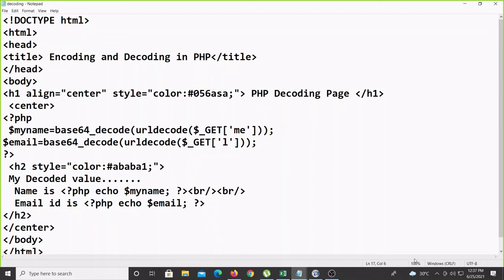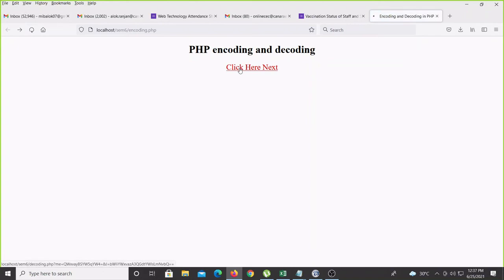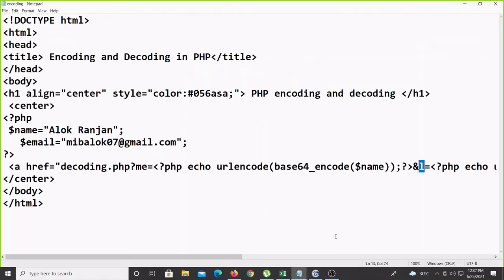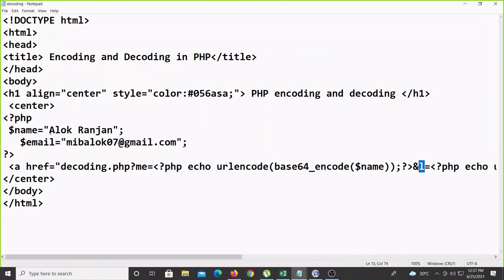Okay, now you see here I can go to this page and refresh. So we already passed the two values. You see my decoded value, the name Alok Ranjan is coming, and the email ID is also coming now. But again I will change the value here, in place of Alok Ranjan. I will change this one. I will write here again